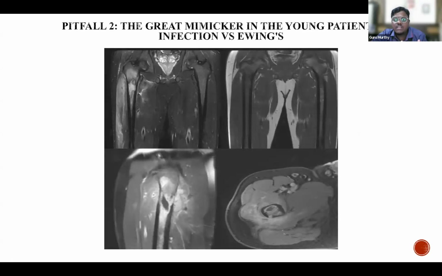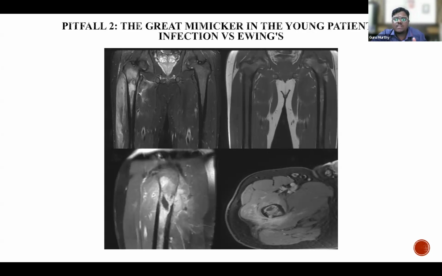So how does an infection appear? See, this is another similar case. You can see a lesion, and in the adjacent soft tissue there is more of a soft tissue edema rather than a soft tissue mass. In the previous case, we were seeing a soft tissue mass. In this case, we are seeing only soft tissue edema. And if you see the T1, it is diffusely hypointense. You are not able to see a clear demarcation between the lesion and the normal fatty marrow in the T1 weighted image. And on the post contrast study, there is just soft tissue enhancement, but no obvious soft tissue